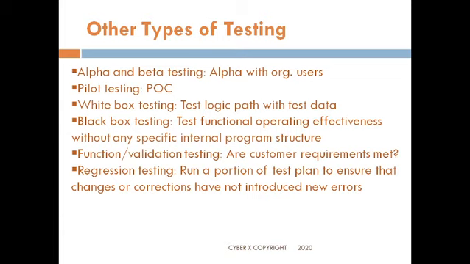Apart from this, you have some other types of testing. Of this, we have alpha and beta testing. Alpha testing is with the organizer, as in the people from the organization which has gone for it. It is the people from that same organization. That is alpha. Beta testing is for the general public. Many times we see a beta version written. That is a test kind of version.